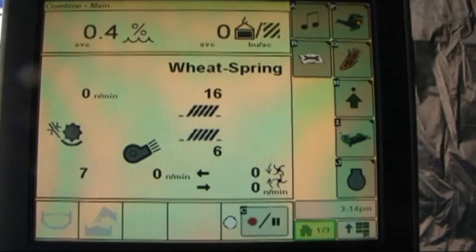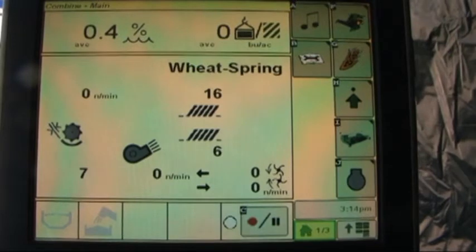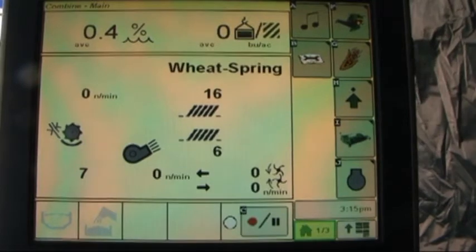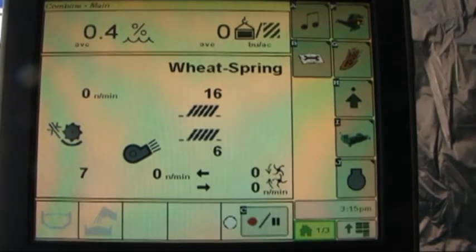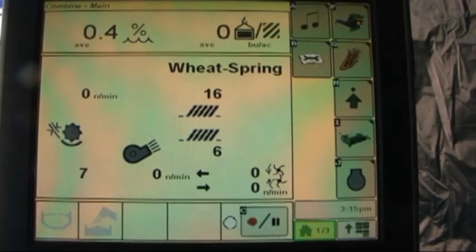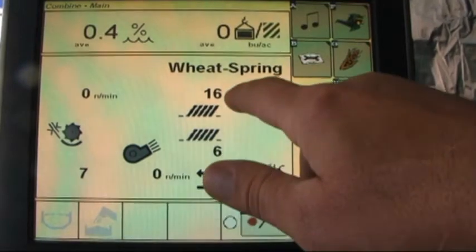moisture in the top left hand corner, yield bushels to the acre in the right hand side. When the header or pickup is in the raised position and recording is off, it's going to be giving us our average of both throughout the field, and when the pickup or header is down and recording is taking place, we're going to have yield and moisture displayed live as it's actually happening while harvesting. This is indicating our crop type that we are configured for, rotor speed, concave clearance, fan, top chaffer,